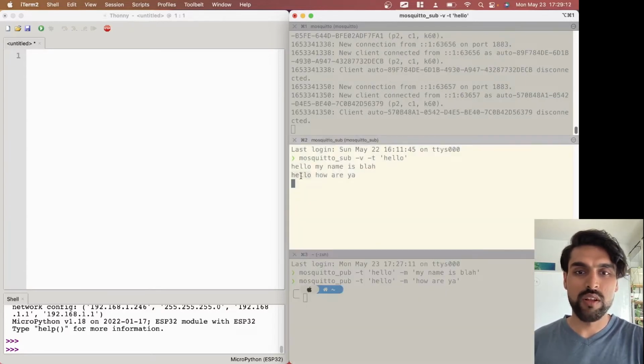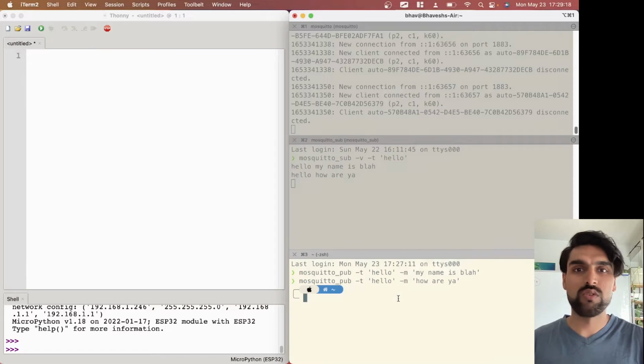And again, on topic hello, we get the message, how are ya? So that's great. Our broker is working, our subscribers are working, our publishers are working. So now that we're sure of that, we can go into the microcontroller realm and try